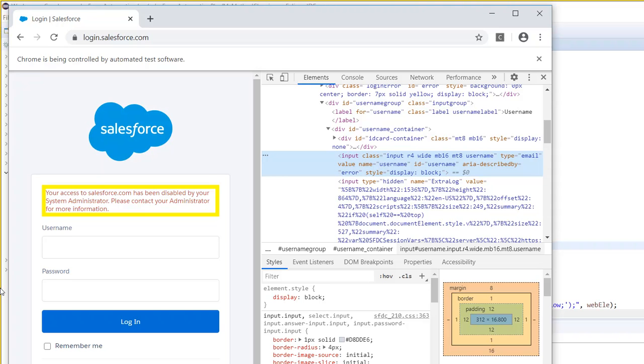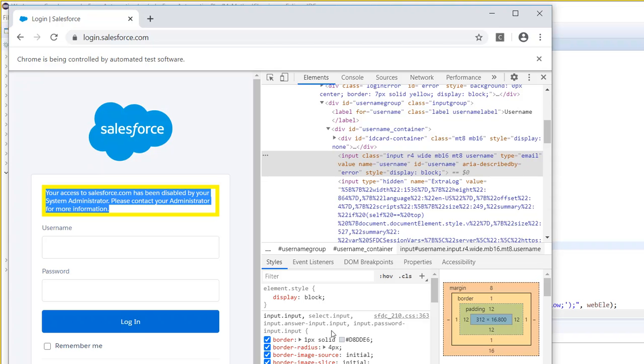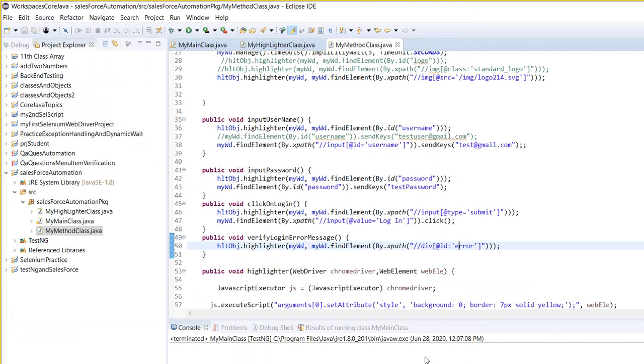So now my goal is to verify the error message, if that error message is appearing in the page. So I have highlighted that error message. Now I am going to write code. This is the object where we have the error message. Now what you will do is